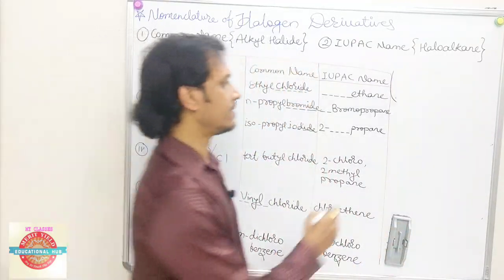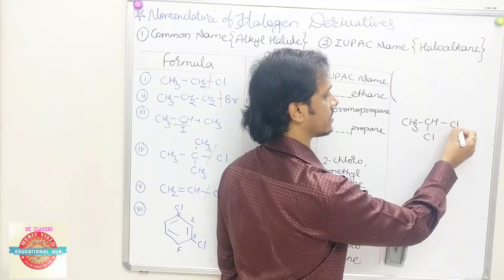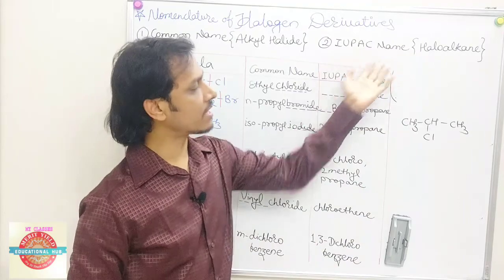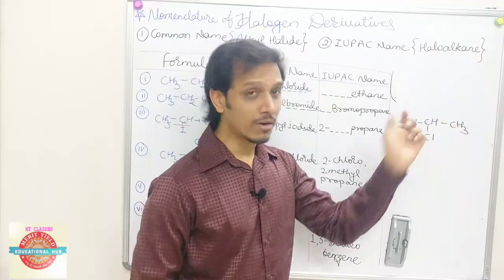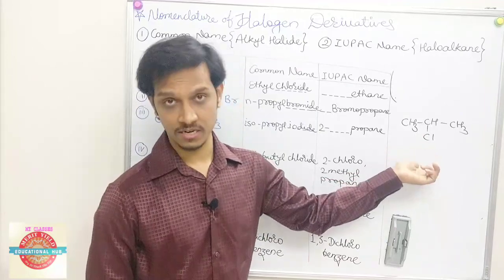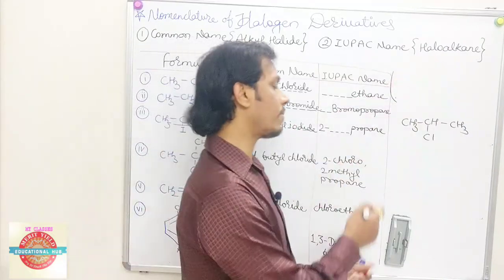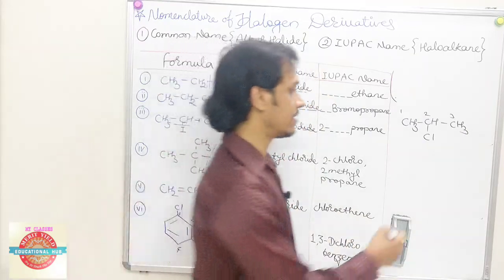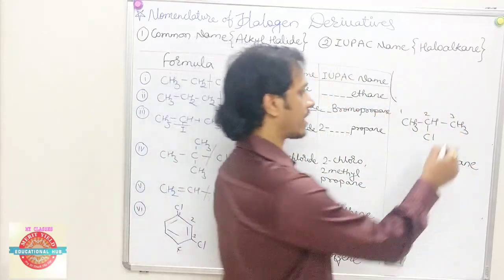Okay, again we'll take the example CH3, CH, Cl and CH3. We'll take a simple example and try to understand the nomenclature rule. The IUPAC nomenclature system has a first rule: whatever the number of carbon atoms, count them and call it a parent alkane. Now whichever halogen is there, according to that halogen, call it halo. So here how many carbons are there? 1, 2, 3. 3 carbons in an alkane system is propane. Done.